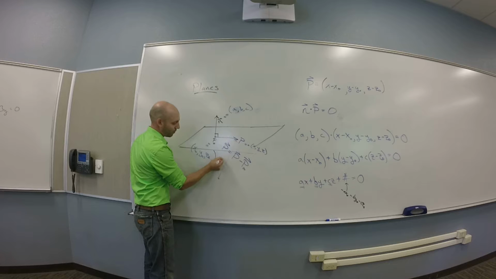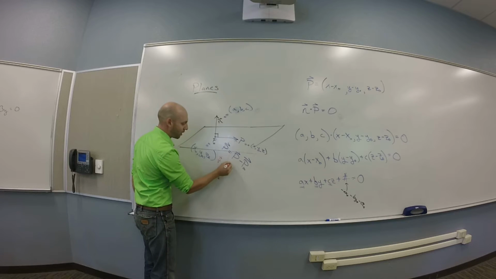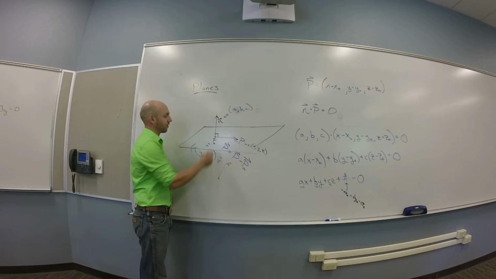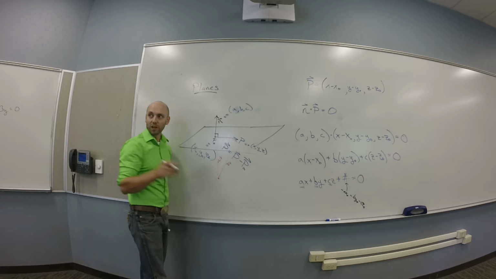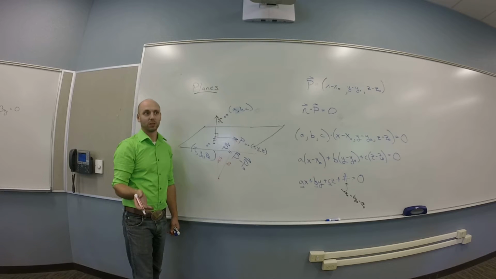So really what I'm doing is thinking about the point P naught as a vector, and the point P as a vector. And then I'm just calculating the difference, which is going to give me this thing, regardless of where the origin is in the picture. You guys all see that? Like that vector,